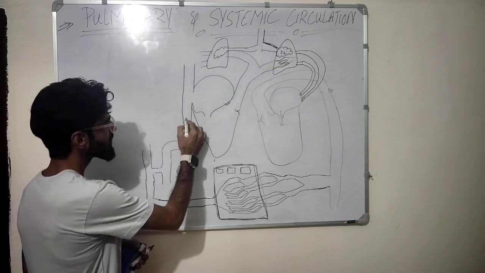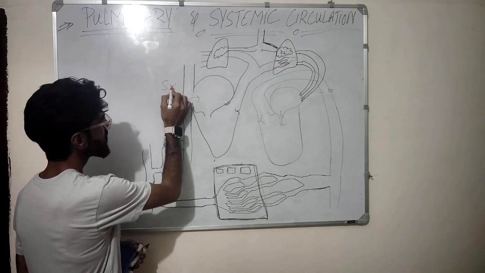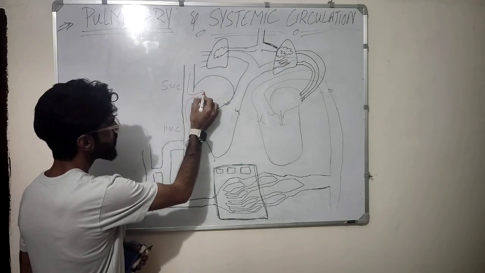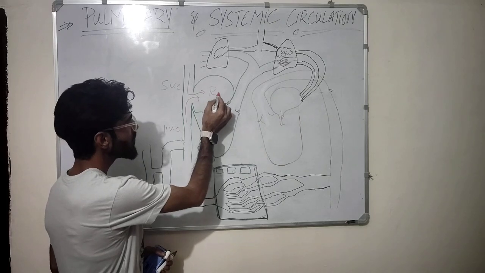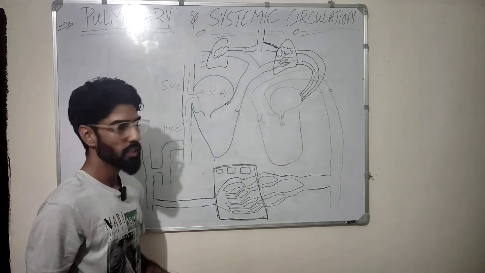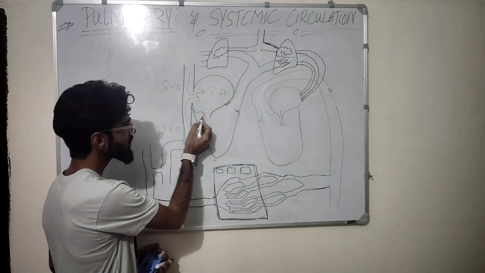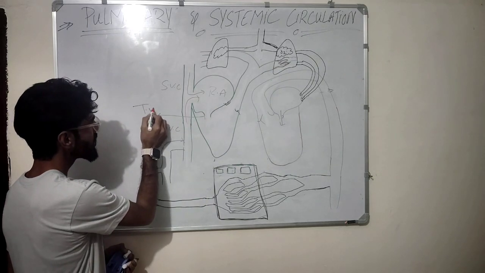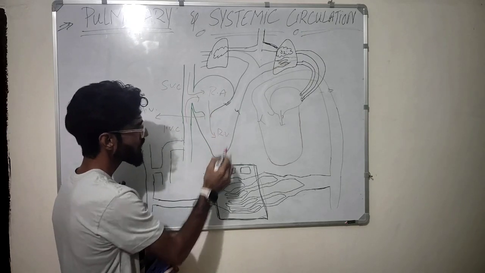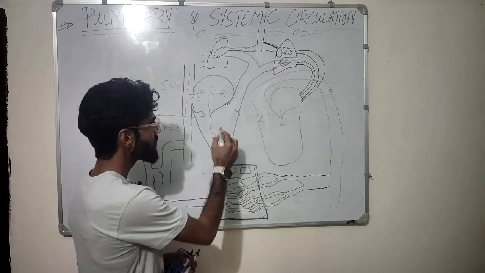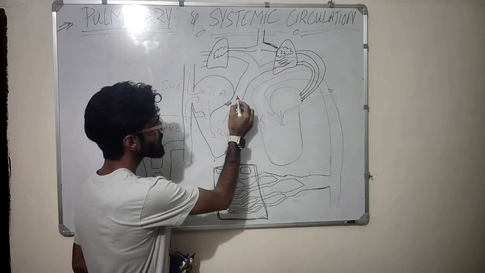Then from the caval system, this is your inferior vena cava and this is your superior vena cava. Both the inferior vena cava and superior vena cava will drain blood into the right atrium. Then blood will move from the right atrium and pass through the tricuspid valve into the right ventricle. From the right ventricle, blood will pass through the pulmonary valve into the pulmonary